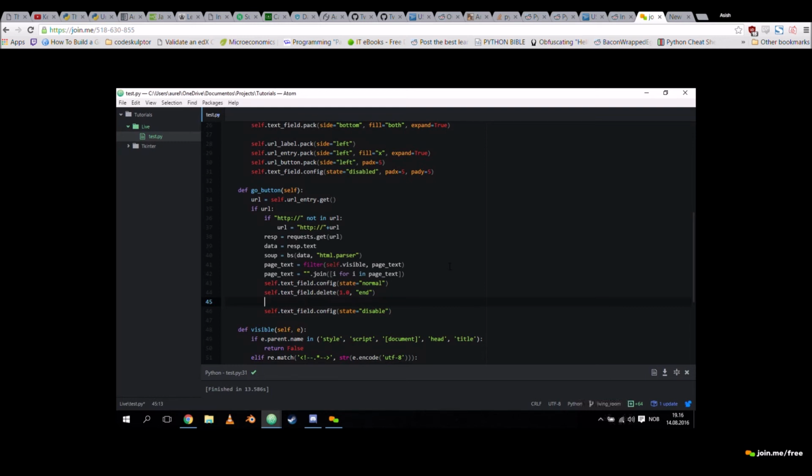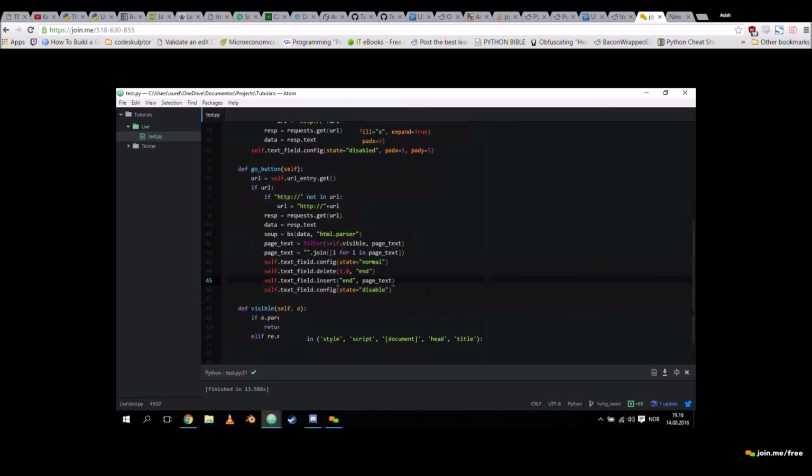I don't think there's a beginning, but there's an end, because obviously you don't know what the end is. It could be anything. So let's go to text field again and insert. And this time we are going to insert at the end, because it's empty so it doesn't matter. And we're going to insert page text, and that's really it. It's that easy.